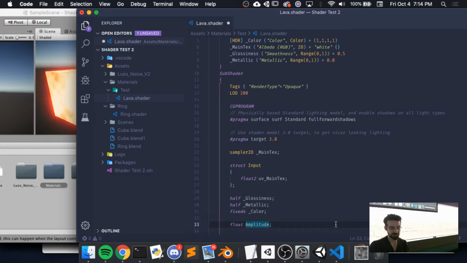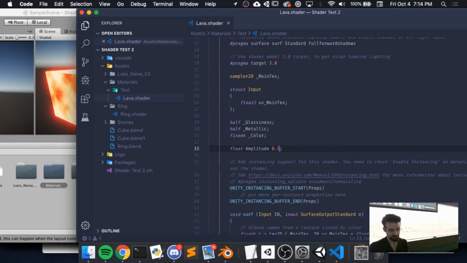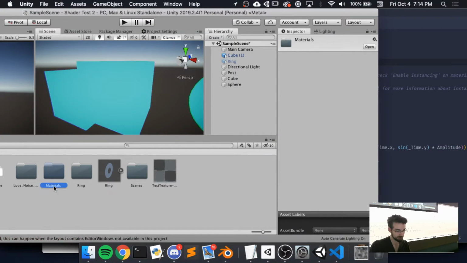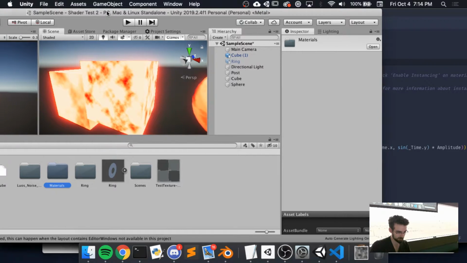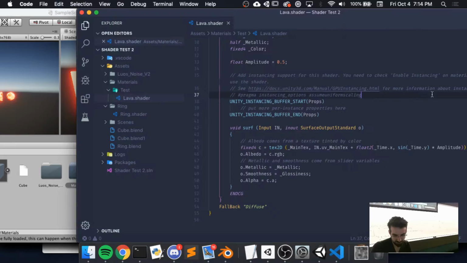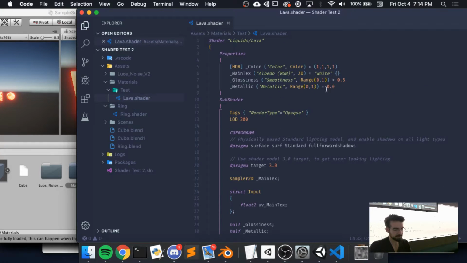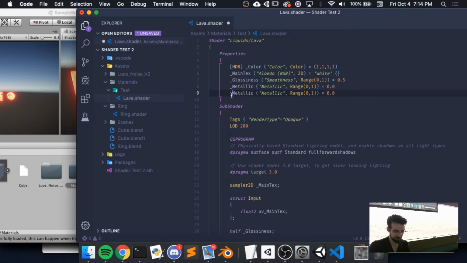Let's make this 0.5 by default. I'll show you what it is to not have an inspector variable. Then let's multiply sine times amplitude. Hold on, I didn't add where, oh, equals, classic. That doesn't seem like, maybe you might also not be able to declare variables like that. But let's see, okay, so that didn't work, but what we're going to do is, because we have the variable down there, to actually serialize it for Unity, we create amplitude here,